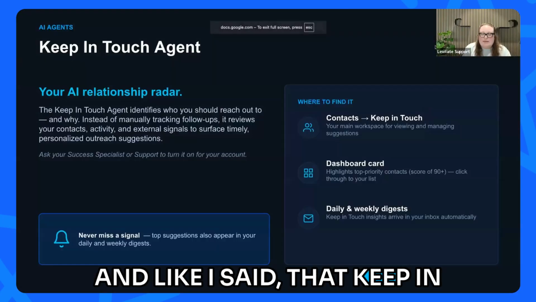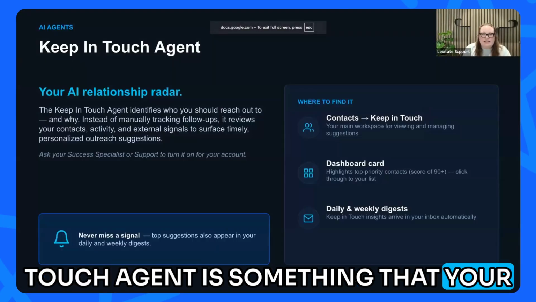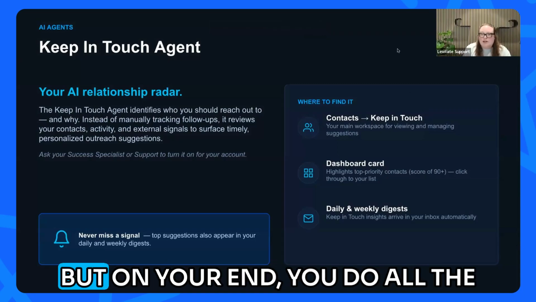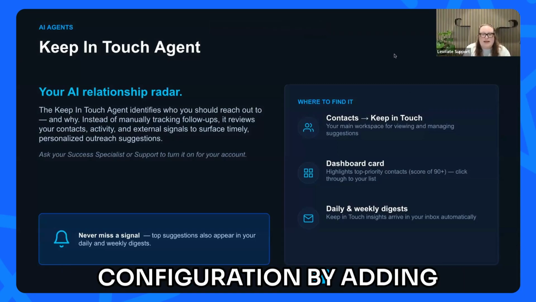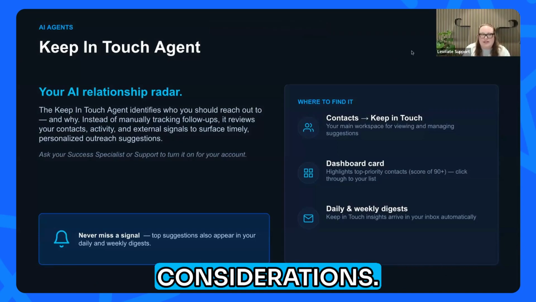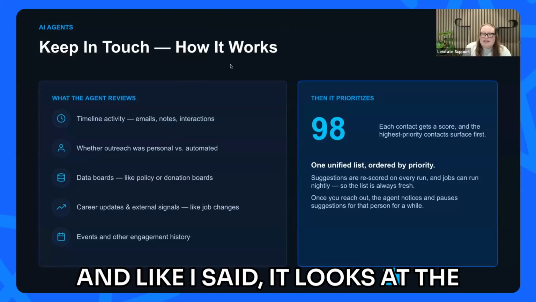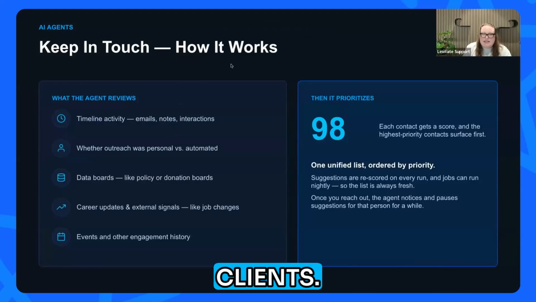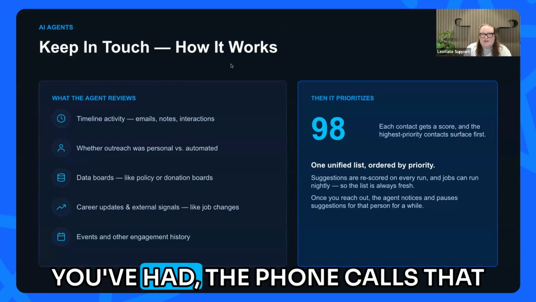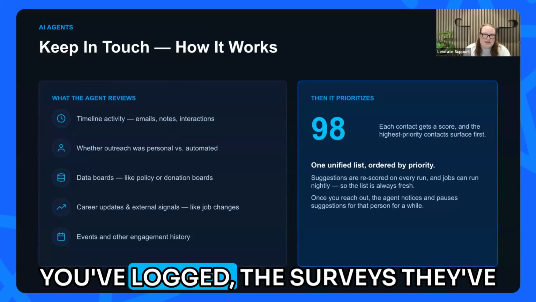And like I said, that Keep in Touch agent is something that your success specialist or our support team can help you enable. But on your end, you do all the configuration by adding instructions, adding prompts, and adding different kinds of considerations. And like I said, it looks at the timeline activity of these clients. So the emails that you've sent, the text messages, the meetings you've had, the phone calls that you've logged,